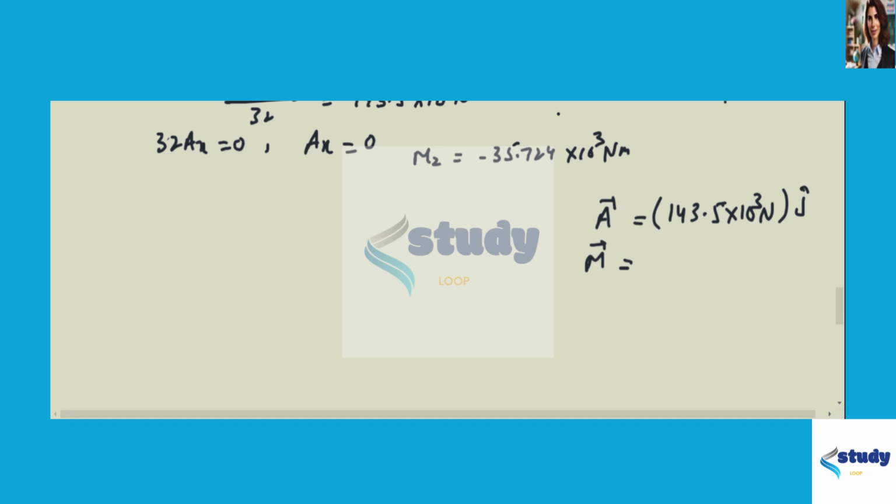M is equal to minus 35.7 into 10 to the power 3 Newton meter K cap, and